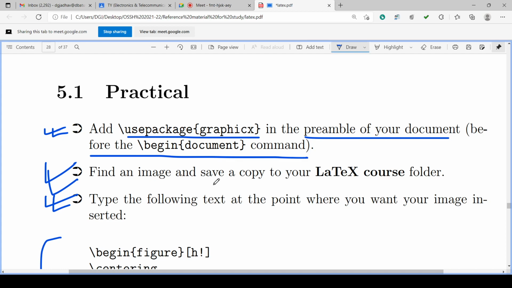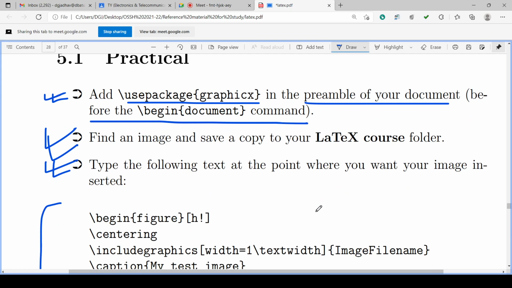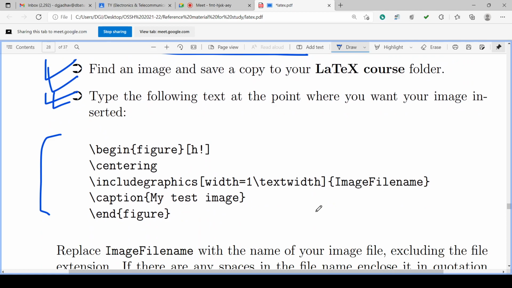And what is the next action? Type the following text at the point where you want your image to be inserted into the document. So this is backslash begin figure for inserting the figure image, backslash begin figure, square bracket h exclamation mark.